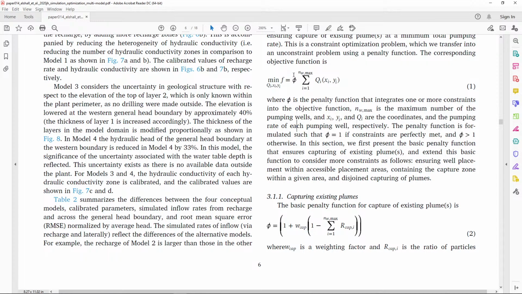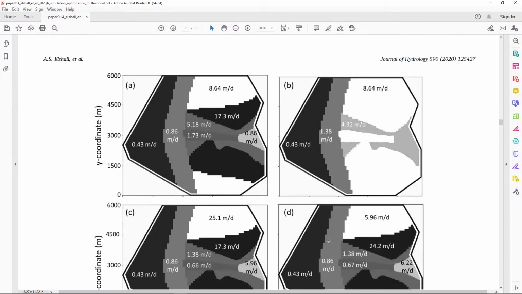So basically, I will tell it this: if the pumping well is outside the plume, give a big penalty. If the plume is outside the site boundary, give a big penalty. If Q is large, give a big penalty. That is how you build this within the objective function. So my objective function is the sum of Q times my penalty, so this is Q as a function of x and y times my penalty. And how do I do this penalty function? So penalty here, this is a weighting factor, and this r is the ratio, for example, of the particle,